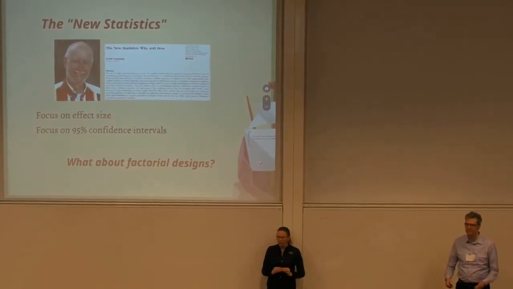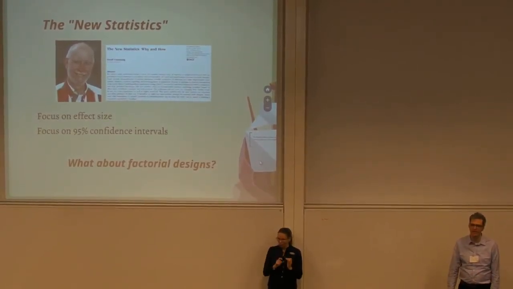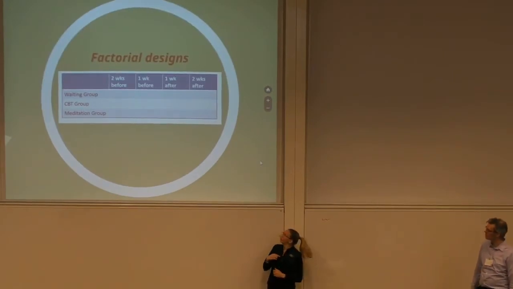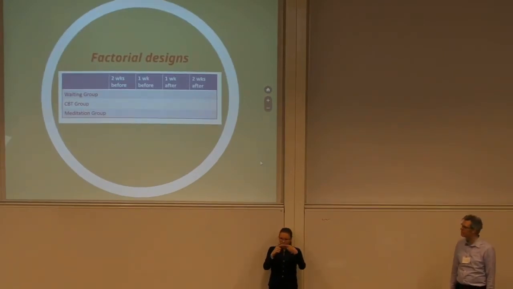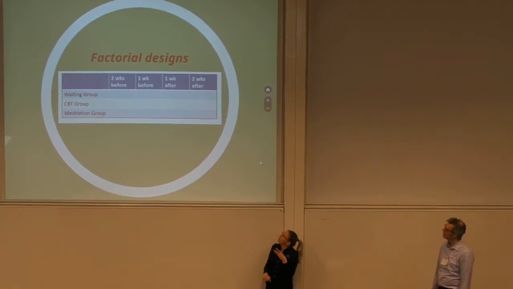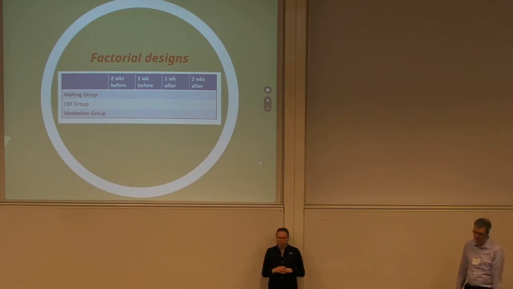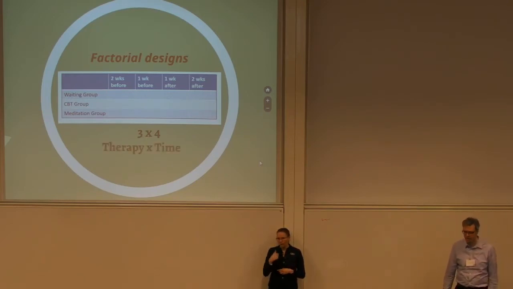That's really very standard in psychology. You want to look at mean differences, and you have factorial designs. So something like this, right? You have 3 groups, a waiting group, a cognitive behavioral therapy group, and a meditation group. And then you have time as the other variable, so 4 levels. For example, 2 weeks before, and so on. So this would then be a 3x4 ANOVA or factorial design, and you would typically analyze this as an ANOVA,